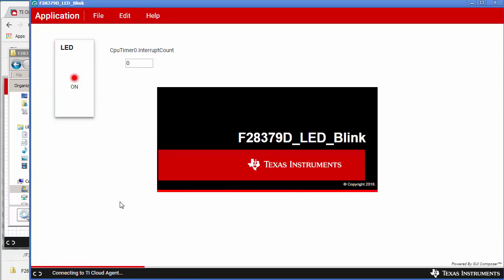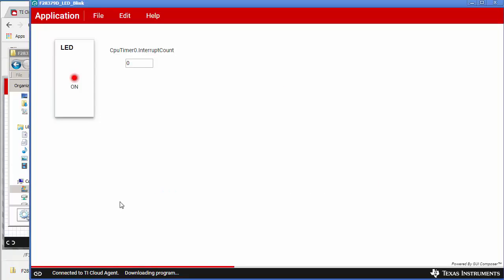So this starts up the application, and then it connects to the TI Cloud agent and starts downloading the program. After the download, it is connecting to the target, and now you can see that the LED tile is blinking in sync with the LED on the target board, and the CPU timer interrupt count is increasing as the LED is blinking. So this is how you can export a GUI Composer application